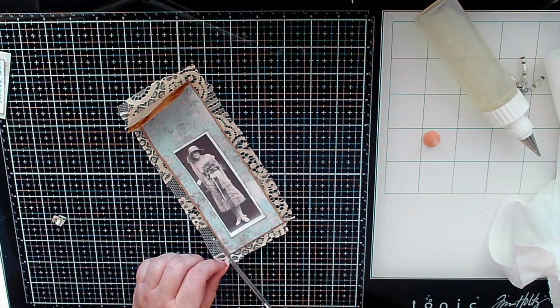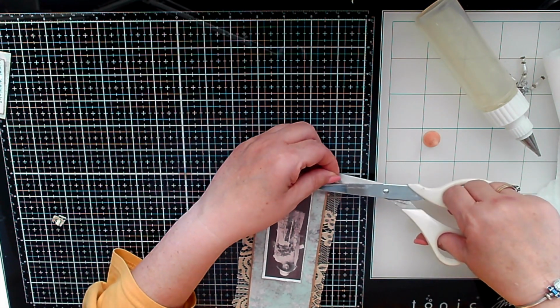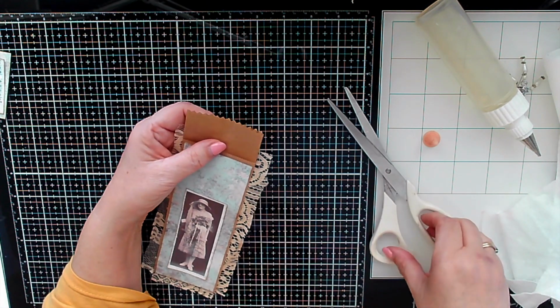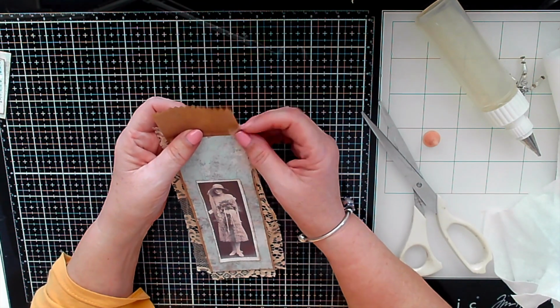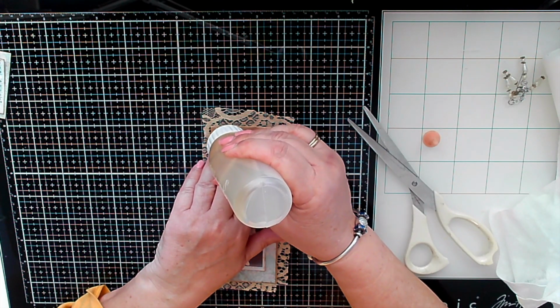Now when Joy Junk did this, she was using material, not lace, and she was stamping as well and not doing what I'm doing with the sticking, so I have sort of changed it around. And then also I'm going to cut just in here. Actually no, I won't. I'll fold that over. Yeah, what I'll do first of all is stick this down here